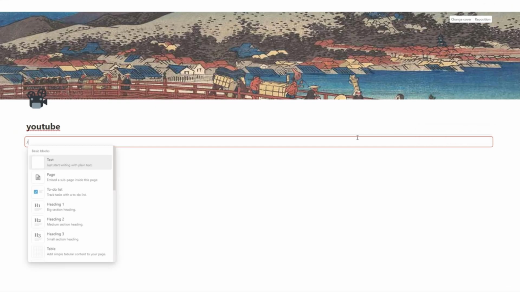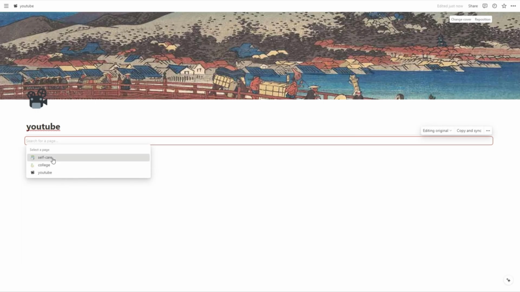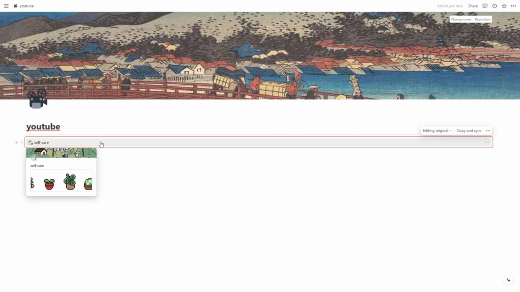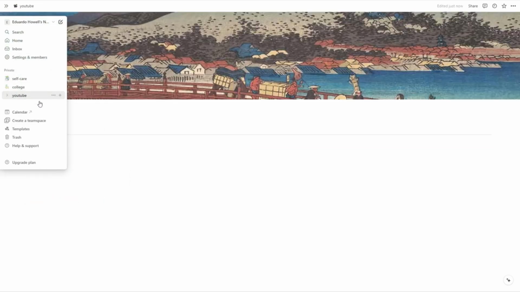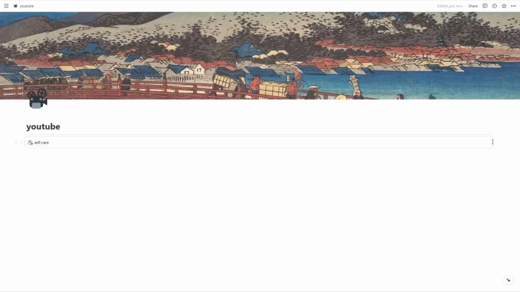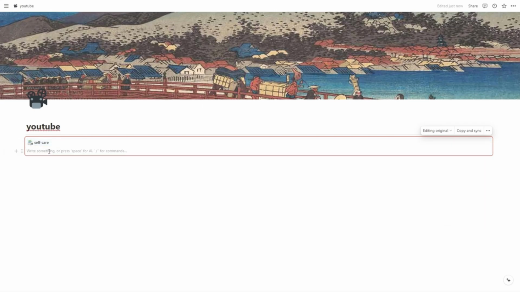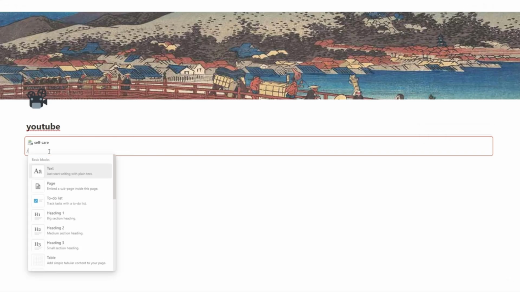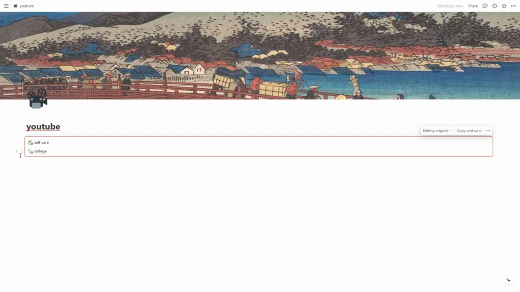A synced block is something that you can just copy and paste, and it syncs around all of your pages. So here you can do the self-care page, and then it syncs to that. What you would do is put all the pages you have included and be able to copy and paste it to both of them. To add another row, you click the little plus sign on the left of the self-care one, and you add another page, college, and we're going to add the plus sign again, and we're going to do